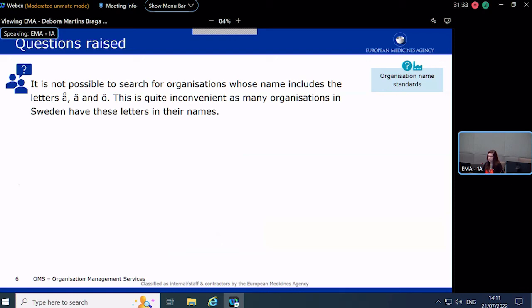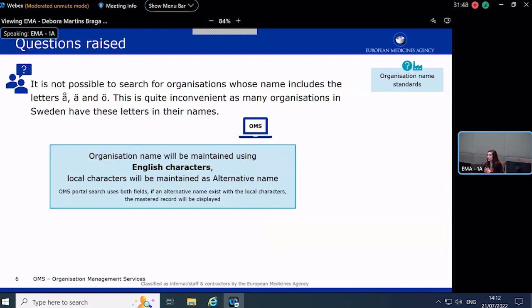And the question was that it was not possible to search this, and the answer is that it is possible as long as we have it in our dictionary, because OMS is under the EMA, so we maintain